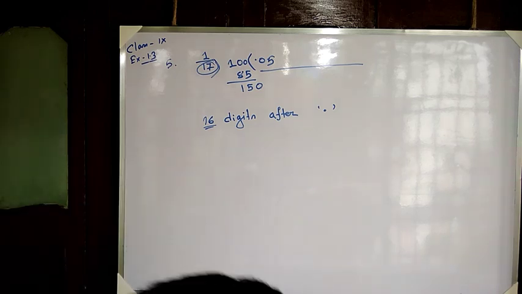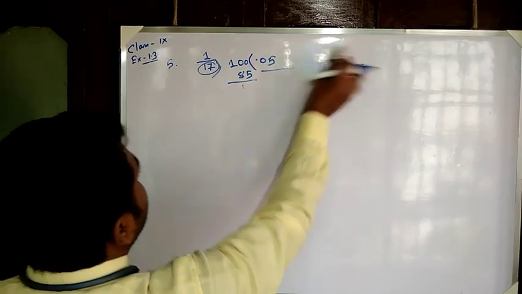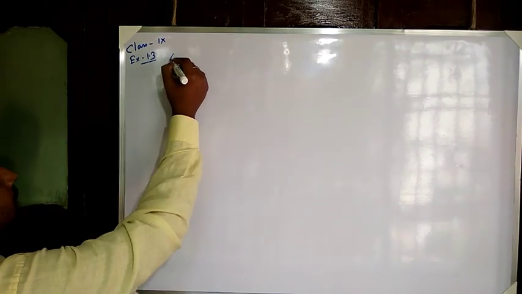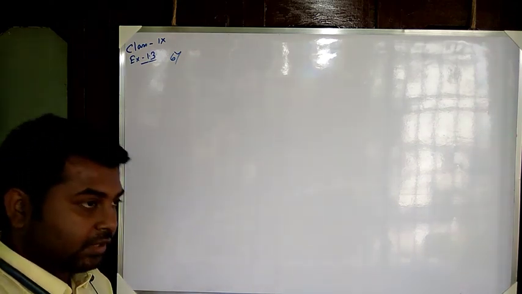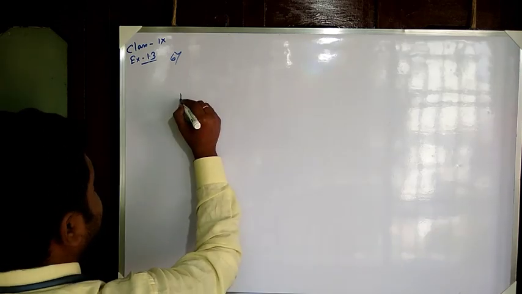Next one is very important and vital math. Read question number 6 very properly. What is the question? I am saying the question and explaining it to you. Later on I will show you how to solve. Look at the several examples of rational numbers in the form p by q. Means you are going to take a few numbers in p by q form, rational numbers, where p and q are integers with no common factors.